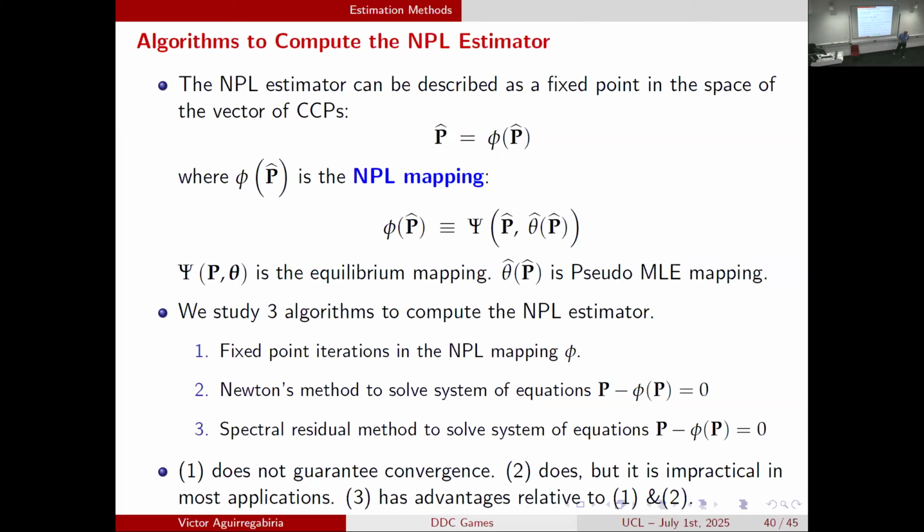Then instead of that, in a paper with Matthew Marco in Quantitative Economics in 2021, we consider an alternative method, the so-called spectral residual method. That is a very general method to solve systems of nonlinear equations that do not have contraction properties. They are methods that try to replicate the speed and robust convergence properties of Newton's method, but instead of using a whole matrix, by using a single scalar that is updated, okay? And let me